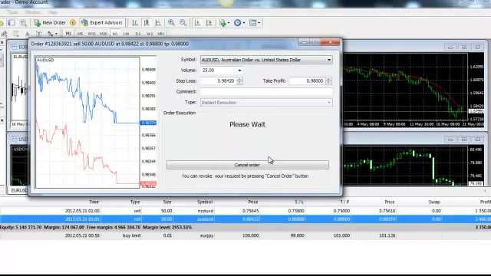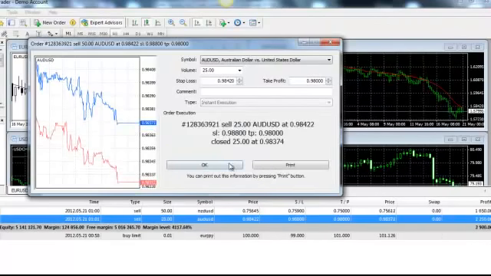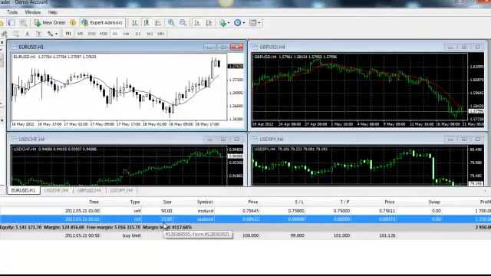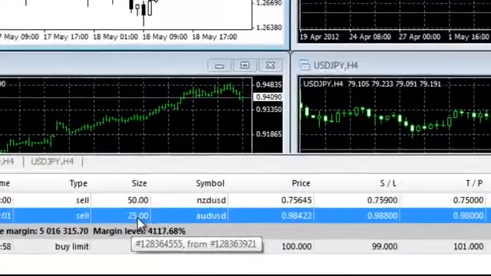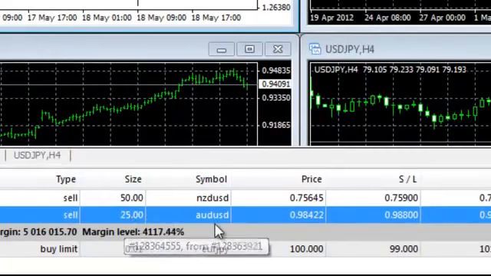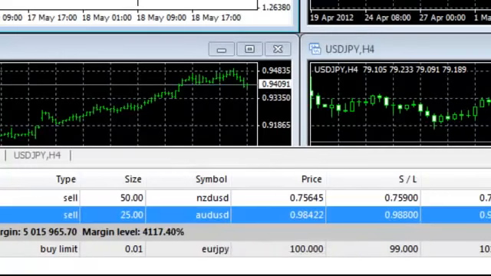Ready? Boom. There we go. Now we've got 25 lots left. We made a profit. You probably saw this thing jump up just a little bit. We've closed out half our position. Our opening price right here was 98.42. Our stop loss,